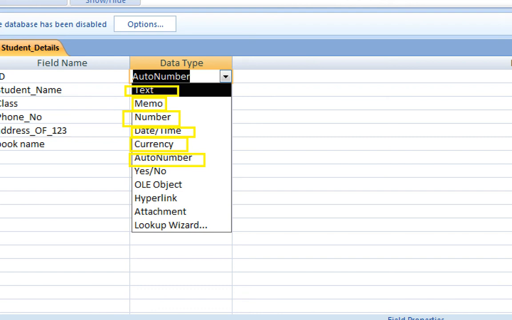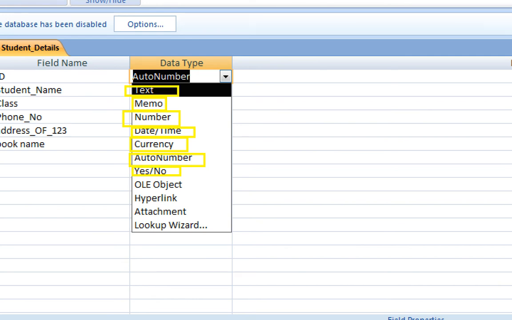Similarly, if there are 4 records in the table and you delete the second record, then the third record is assigned to the second and the fourth record will be assigned to the third. This is done by the auto number field. So this is the beauty of that data type, auto number.